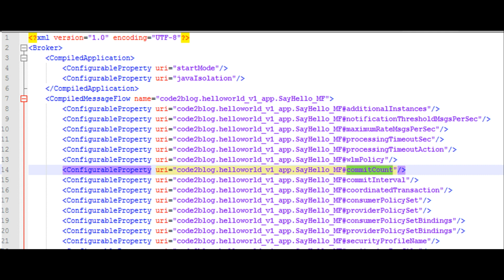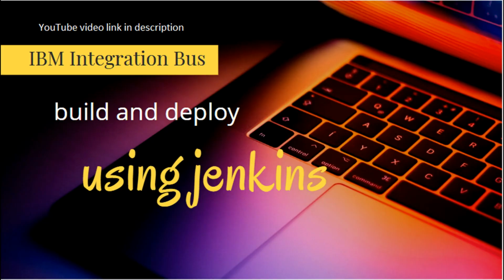When modifying this value, you mostly would not do it by hand. Your organization would have some sort of DevOps practice. A DevOps tool commonly used for build and deployment is Jenkins. So you will have to create multiple bar override property files, one for each environment. Having this broker.xml handy will help avoid typing errors and such silly human errors. See video description where I have demoed the use of Jenkins Groovy pipeline to build and deploy a bar file after it acquires the source code from GitHub.